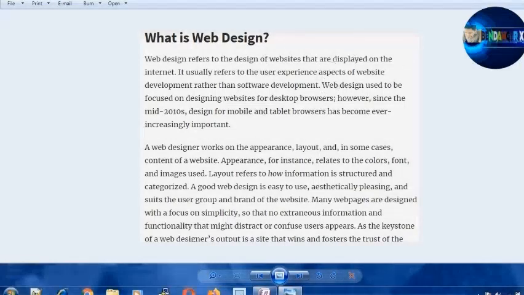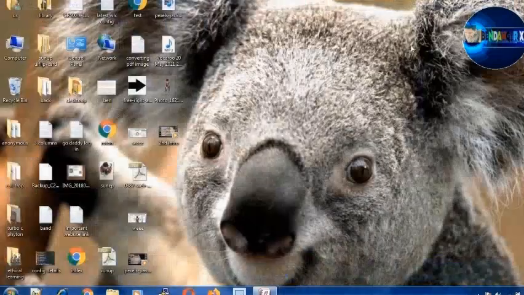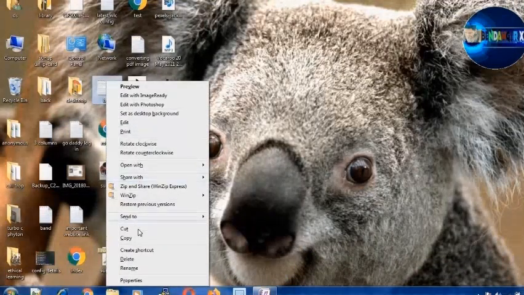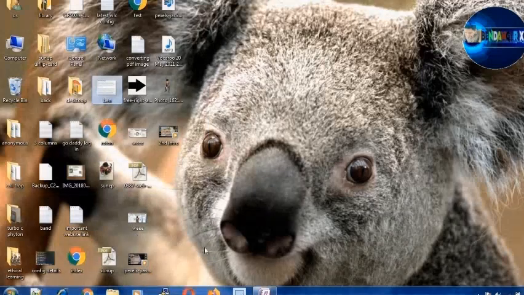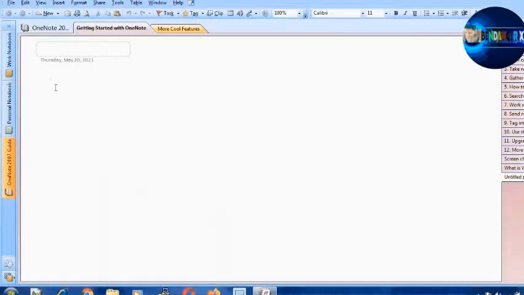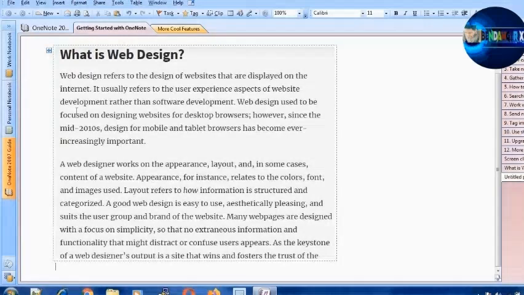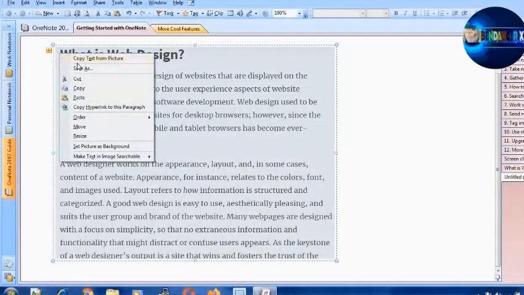or photo to Word. In order to do that, you just need to copy this, and after that go to your OneNote, right click, and paste. Once you paste that, click on it here and after that right click. Once you right click on it, you will find an option, Copy Text from Picture.